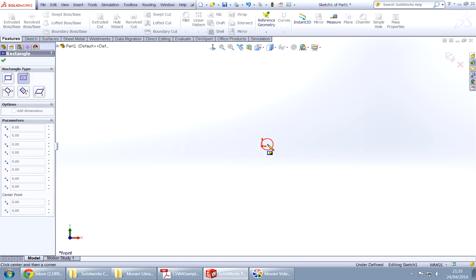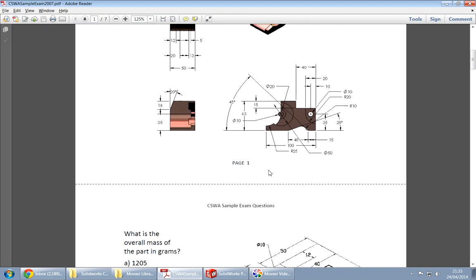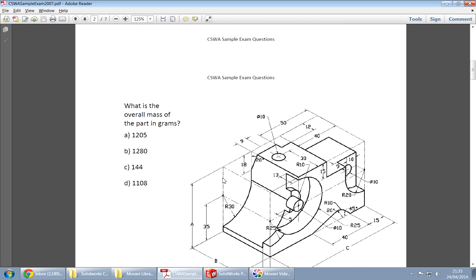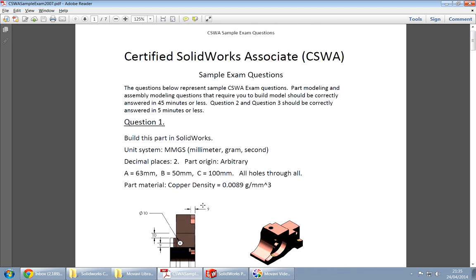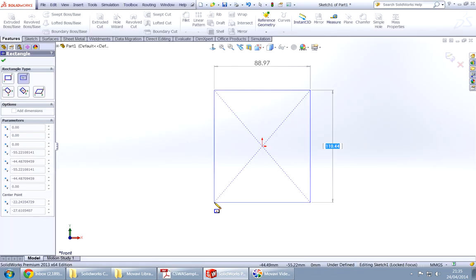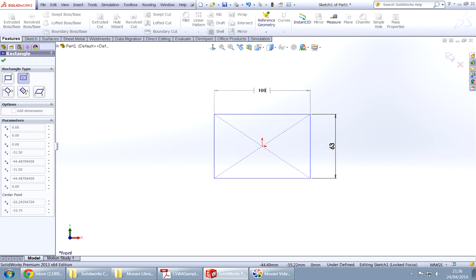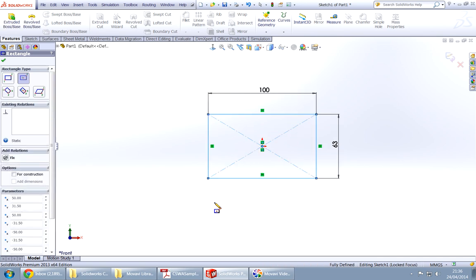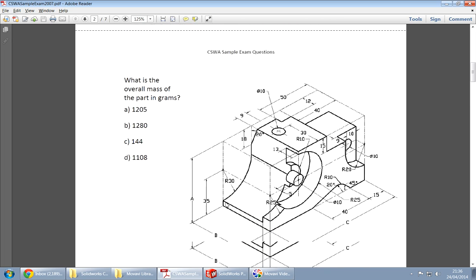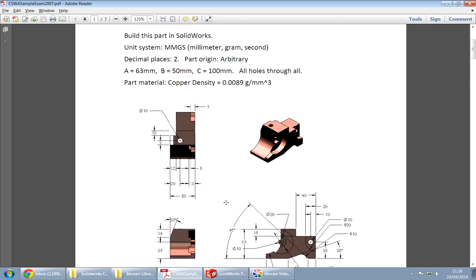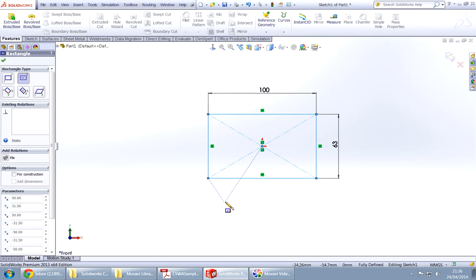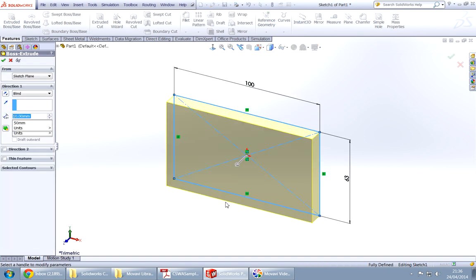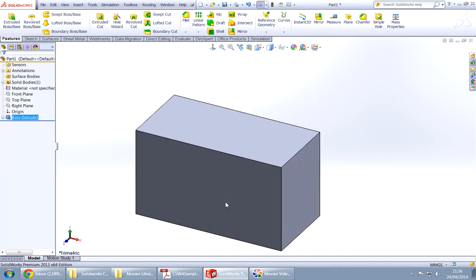center. First we need to put the height. Height is A, and A is 63. 100. And then how much is depth? Depth is B, and B is 50. Press Q, enter 50, again enter. So we got the cube,